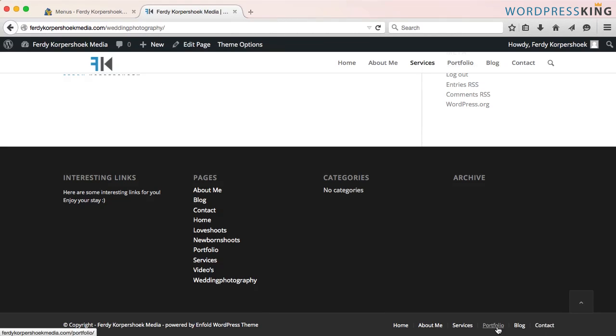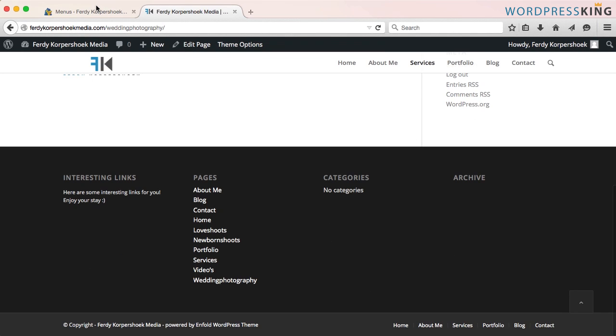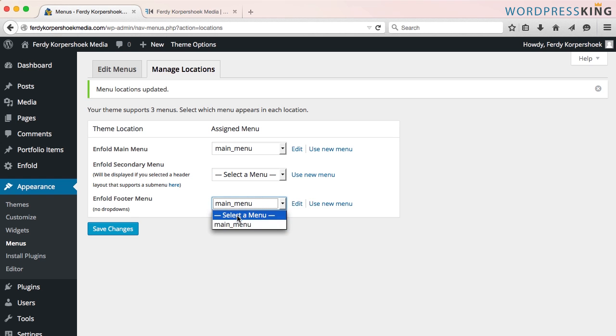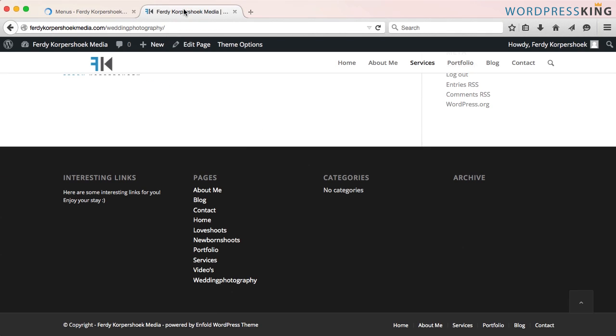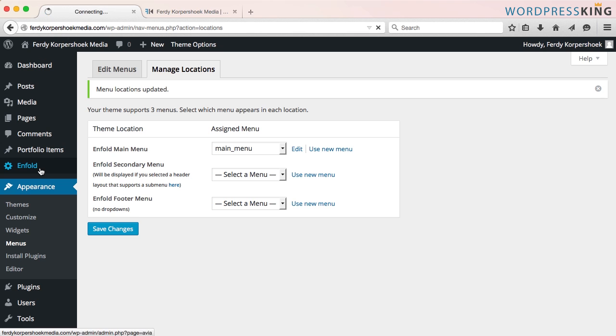So what you can do, you can put a disclaimer over here. So in that case it is on the website but not over here. But that's up to you. I remove it over here, save the changes, and now it's gone. So it's looking a lot cleaner. So let's go back to Enfold